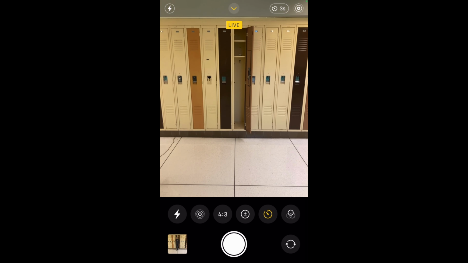Then my friend's going to start the 3-second timer. He's going to go 3, 2, 1. On 1, I'm going to walk away. 3, 2, 1. Okay. Now we're going to change it from live to long exposure. And we get something that sometimes it's hard to see, but when you go into edit the photo,